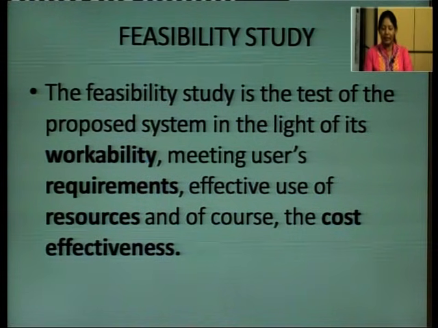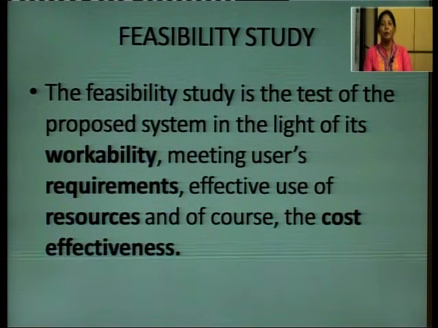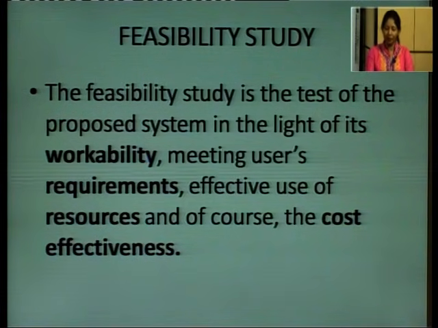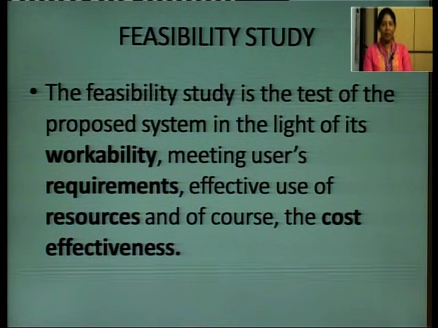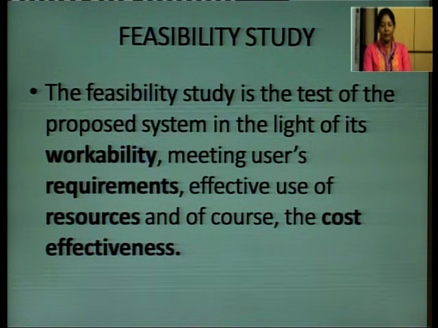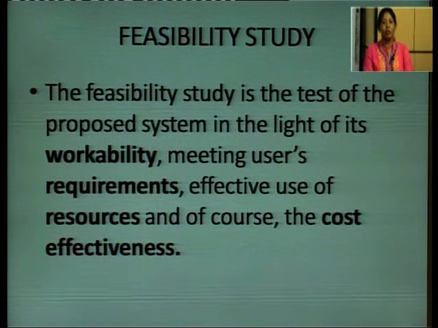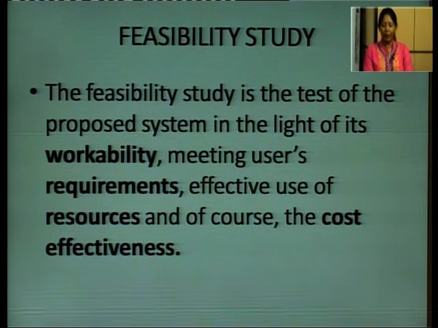Basically, the feasibility study is based on three aspects. One is technical feasibility. During this study, the analyst identifies the existing computer system, related to hardware and software, and determines whether these technical resources are sufficient or not. Second, as